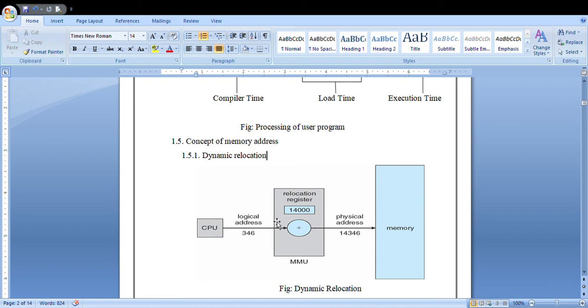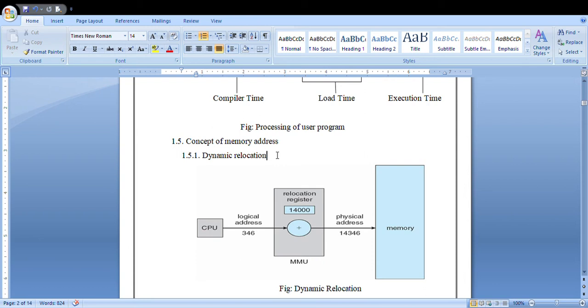What do you mean by dynamic relocation? First of all, in the upcoming semesters you will come to know that you have to specify in the program some requirements, like the address where the program should go and be stored.